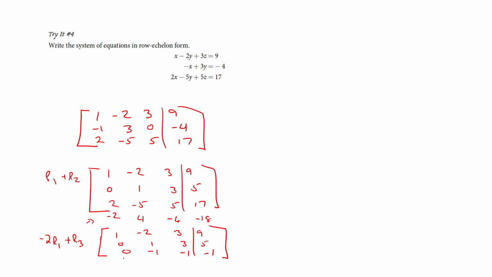So I have my 1s and 0s. Look what I have and I want a 1 in the diagonal here. I already have one. So what I would do next, I don't even have to multiply row 2 by anything. I'm just going to add row 2 to row 3. And so that's going to create